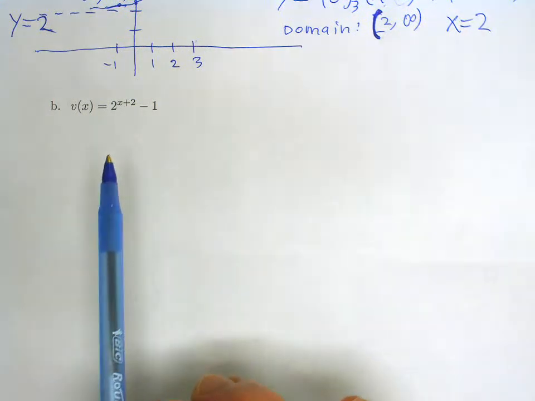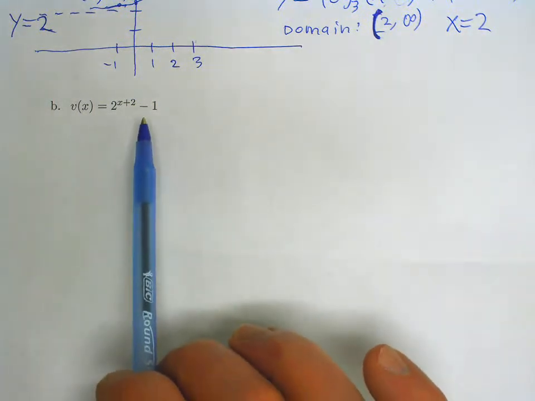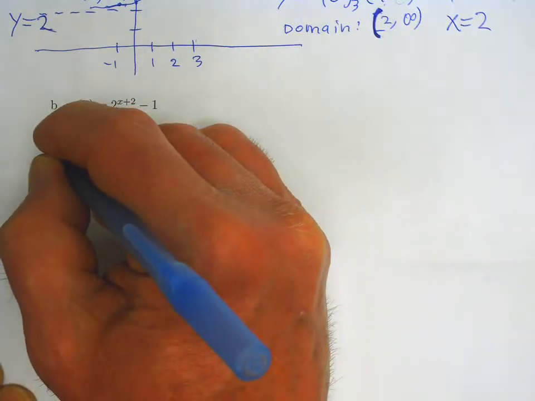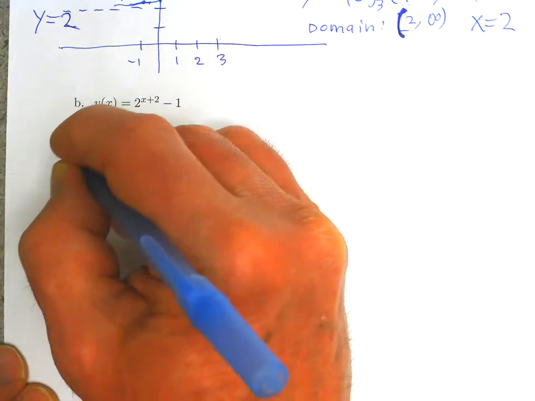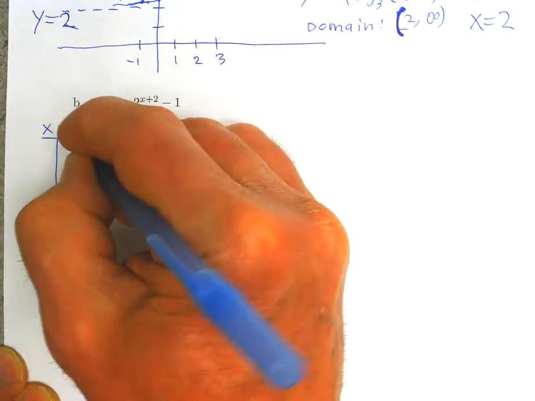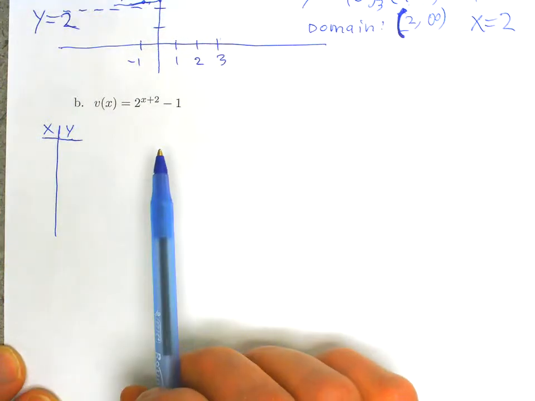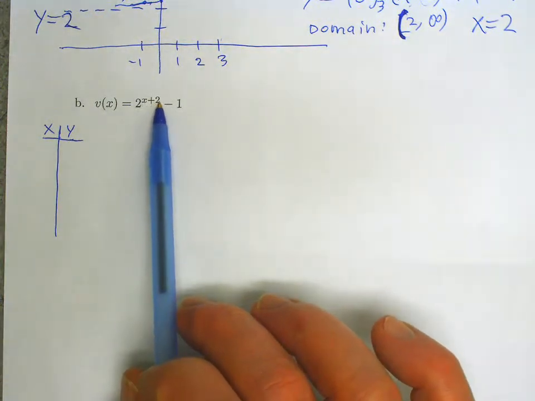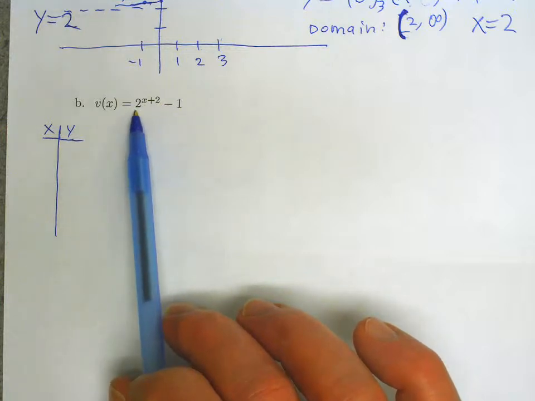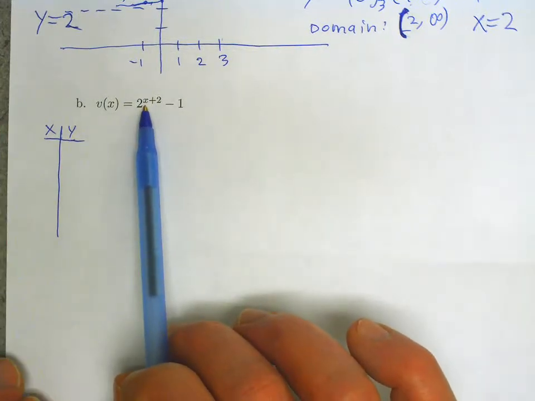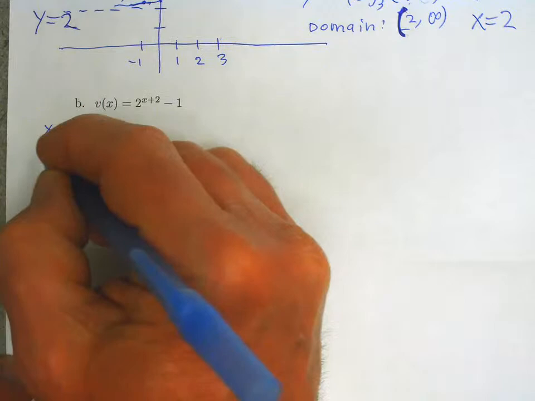And it will be to the left of the y-axis where it's asymptotic. Okay, as far as picking ordered pairs, I'm going to pick them based upon the exponent, x plus 2, and then also the base of the exponential. So if I just start with x equals -4,